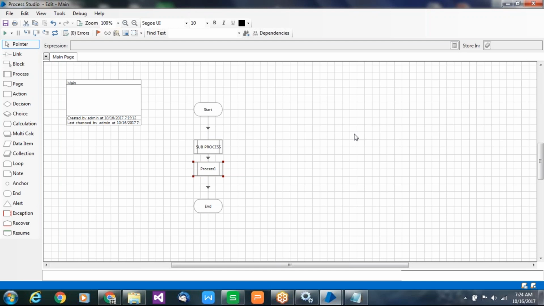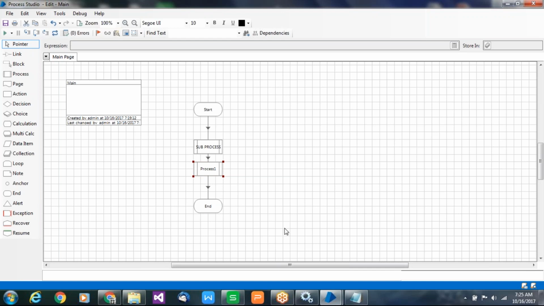I'm putting this on hold. If you have any doubts, ask me. Otherwise, did you understand or not, Sai? How to call the process? Yes, I understand. If you have any doubt, please ask me, Sai. Okay, I'm telling all the people. What about others? Are you guys clear? Suresh.